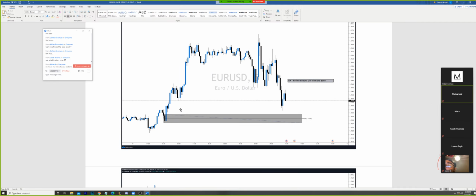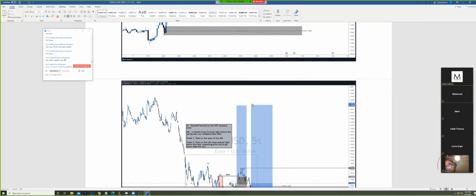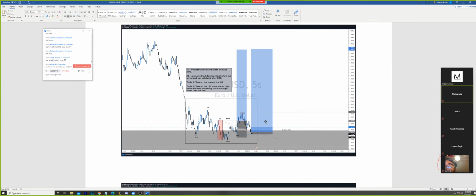Gets to the 5-minute, refines it to that zone right there, easy to see, unmitigated, last down move before an up move that began to break structure, left behind that demand zone, looking at either the 50 or the open, whatever it might be. He has that refined to his lower time frame 5-minute zone. He gets lower, 5-second zone.